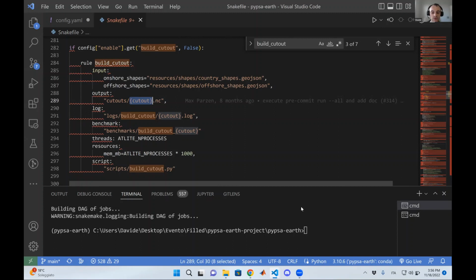On demand, so when using the workflow, this word cutout inside the code will assume the value depending on how it is executed. Why am I saying this? Because if you want to create your own cutout, you won't be able to do it by running the snakemake rule as we did before. For example, snakemake